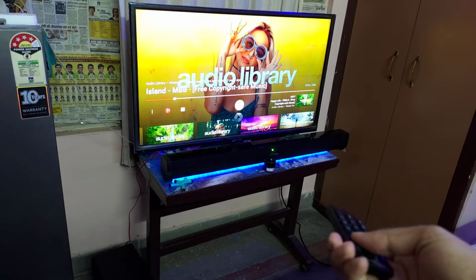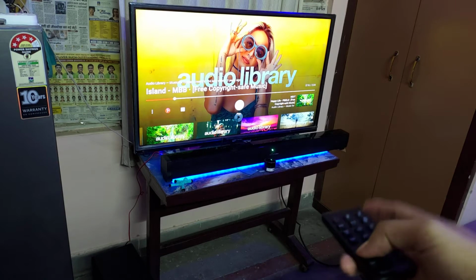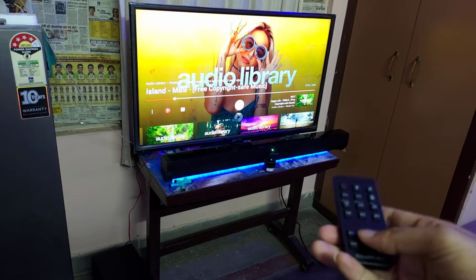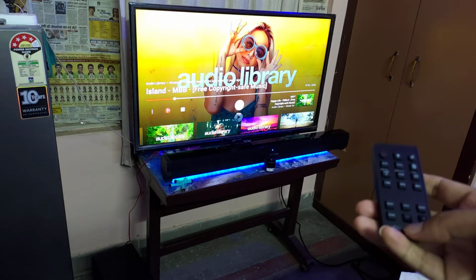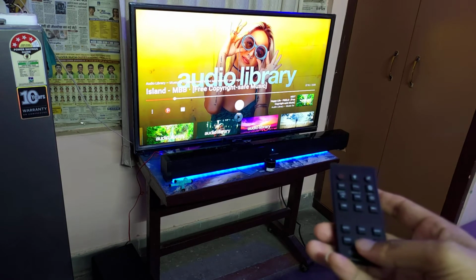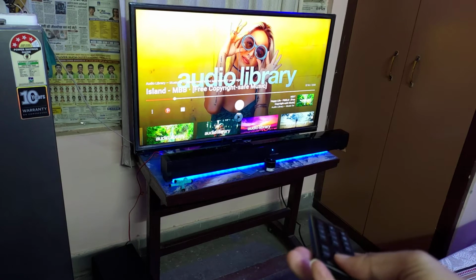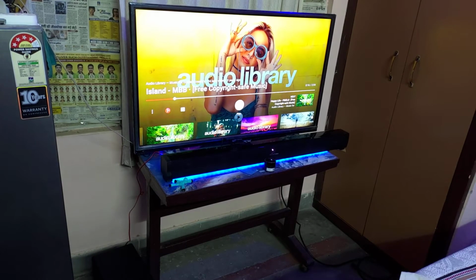Likewise, if we choose optical, it will show in this color, and for Bluetooth it has that connected blue. So let me just go back to the line in. That's how you can know what mode it is on. So let's just play one more time.